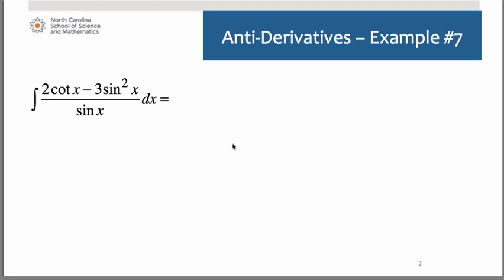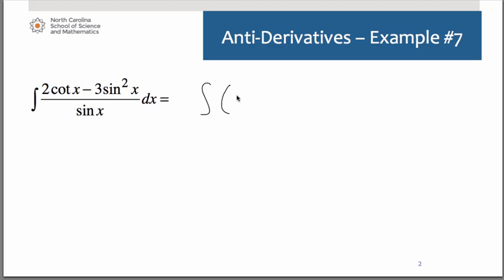This one will require us to rewrite it. And sometimes you have to be a little creative because you only have so many rules that you know. Therefore, you need to take what you're given and turn it into something that matches up with those rules. So in this one, we have 2 cotangent of x minus 3 sine squared of x all over sine of x dx. If we were to bring that sine of x up to the numerator to join the cotangent of x, it would turn into